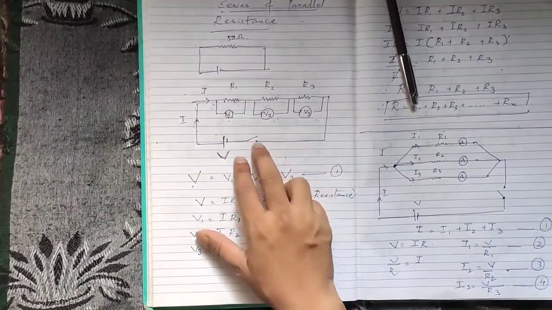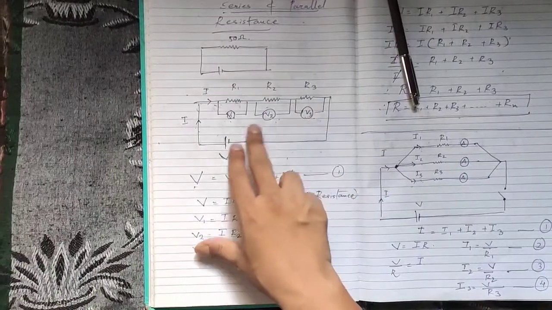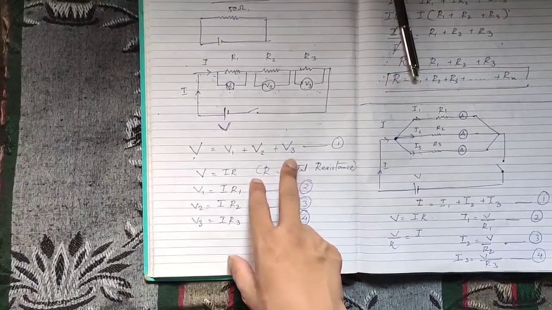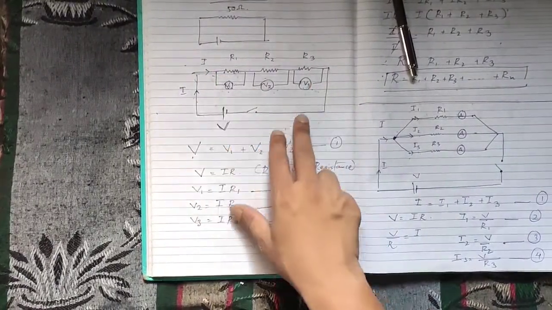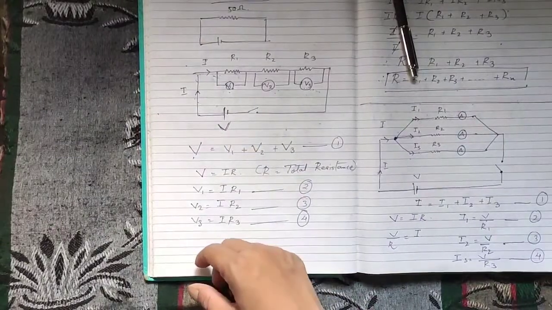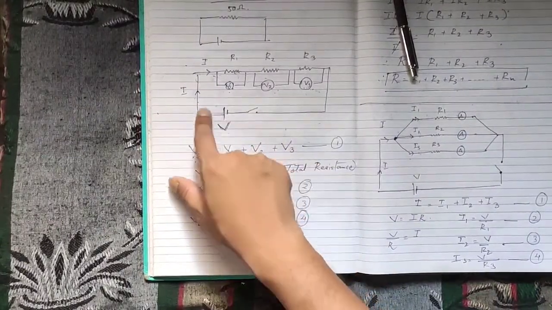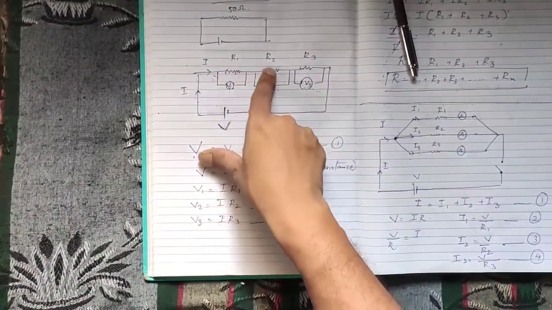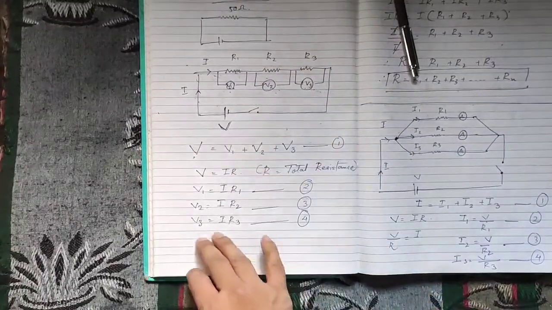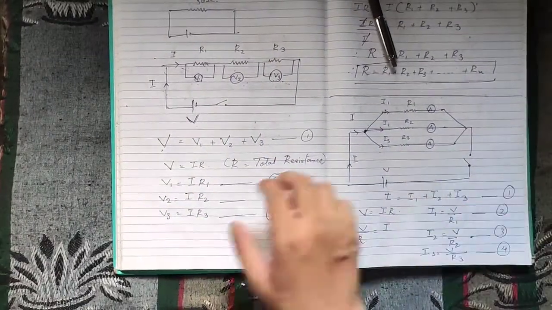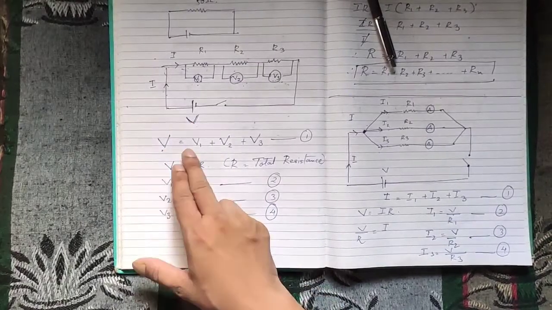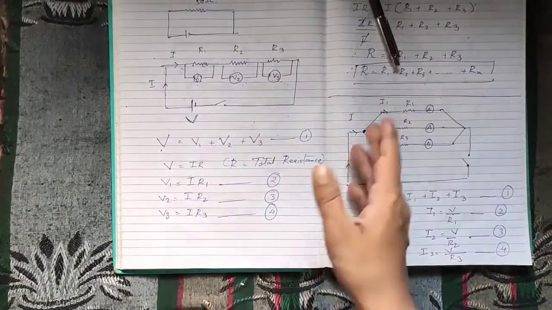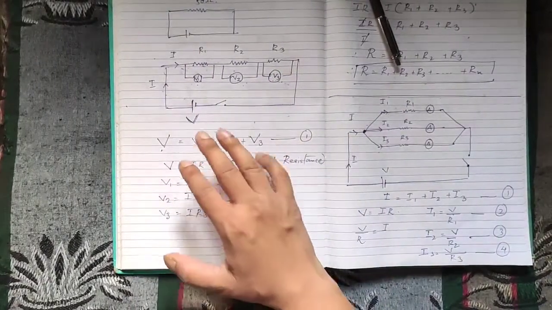First is series connection. We have three resistors connected in series, and what happens in series is that the potential difference changes, but the current flowing in all the resistances remains the same. So when I switch on the circuit, the current starts flowing through all the resistances and it remains the same. First it passes through R1, then the same current passes through R2, and then the same current passes through R3. So potential difference changes. The total potential difference that I have connected gets divided into three different parts. Over here we are only taking the example of three resistors. There can be infinitely many more resistors connected, but for simplicity we are taking three.